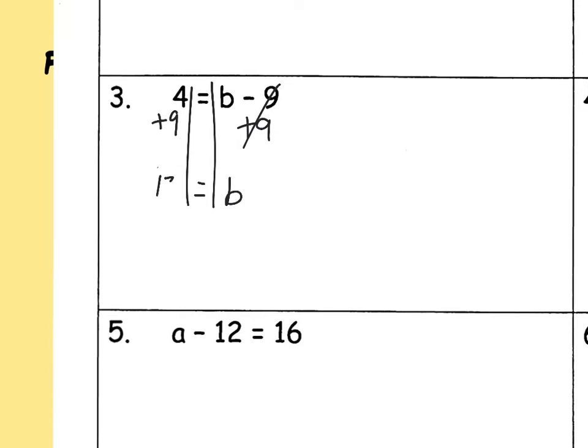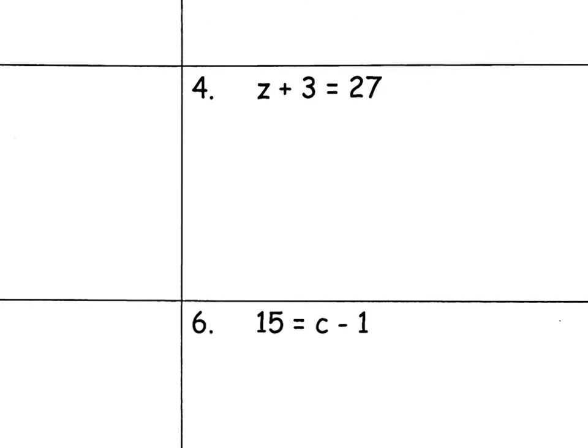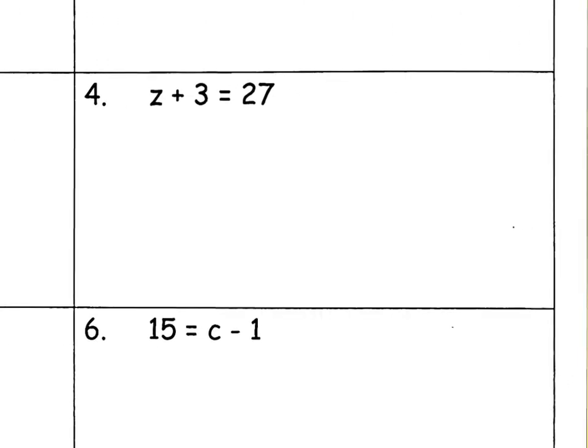We get 13. Let's plug that 13 back in for b. 13 minus 9, is it 4? Yep, we did it correct. All right, let's have you try number 4. There it is. I want you to try number 4, and so hit pause, and when you're done with it,